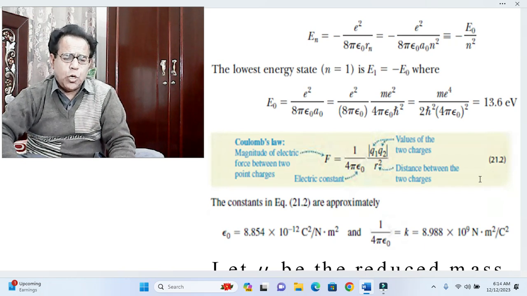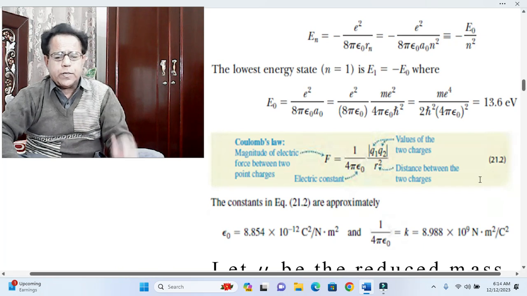This snapshot has been chosen from the book, I think, Modern Physics by Kenneth S. Crane. I am not very sure. The lowest energy state n equal to 1 is E1 equal to minus E naught, where,